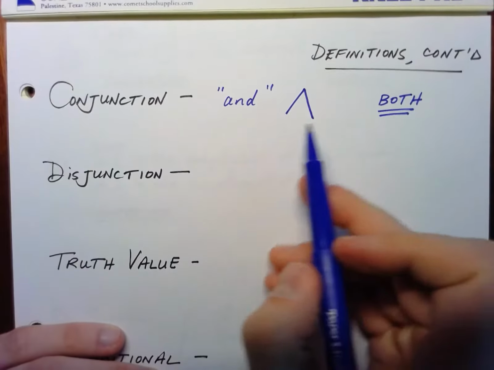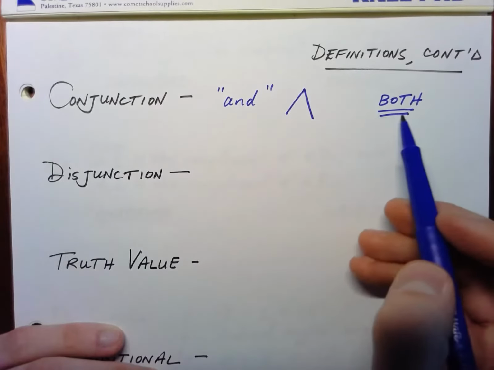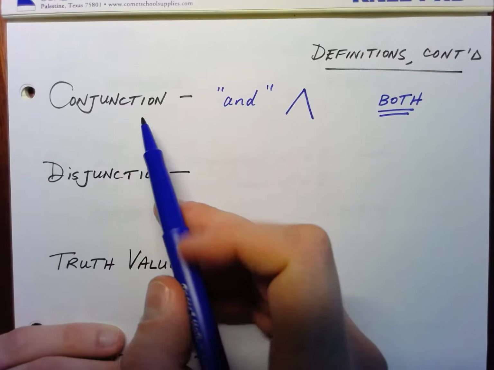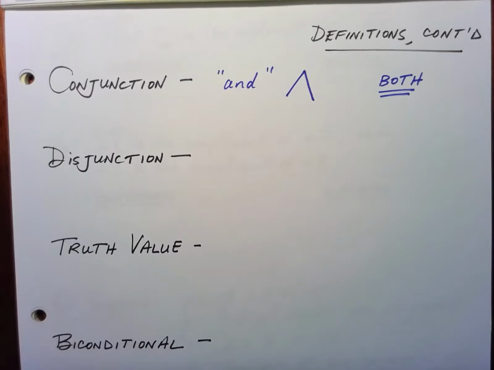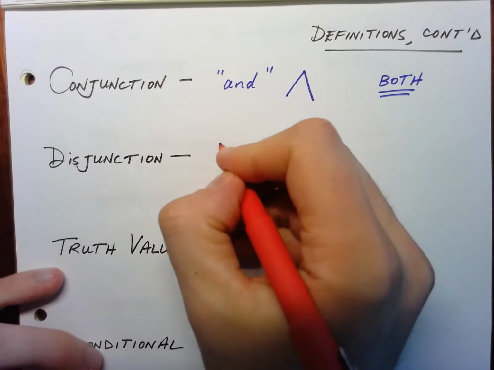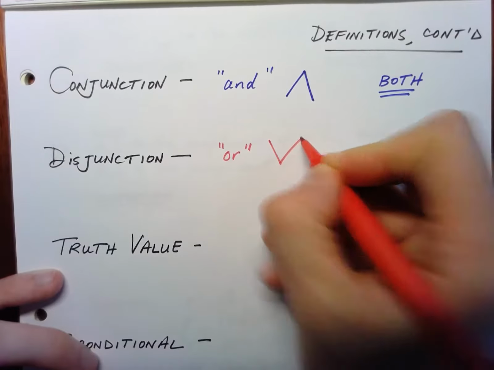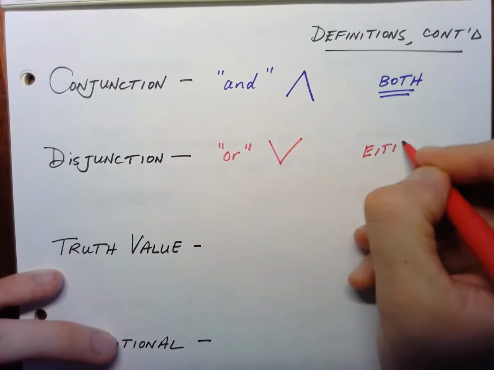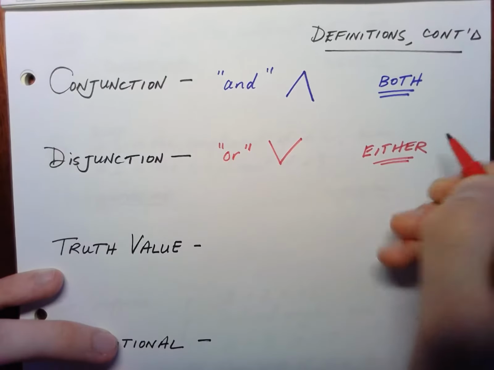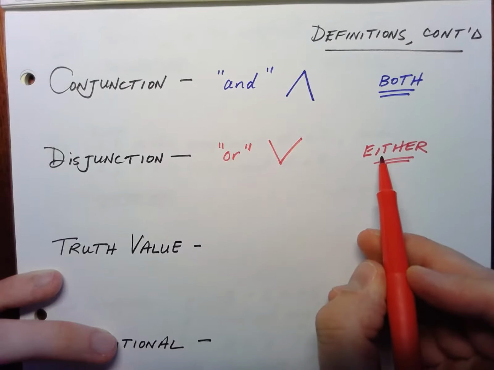This means both. So if you're saying something and something else, then they both have to be true for the conjunction to be true. We're going to work through an example in just a second on this, okay? A disjunction is an or statement, kind of similar but kind of different, and the symbol is the inverted version of that, and this is an either statement. So if you have something or something else, then you can take either of them, but you don't have